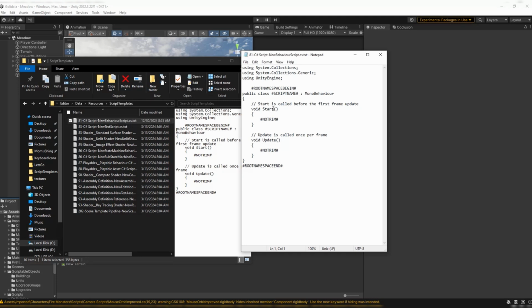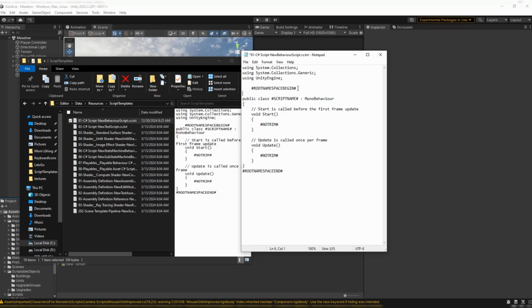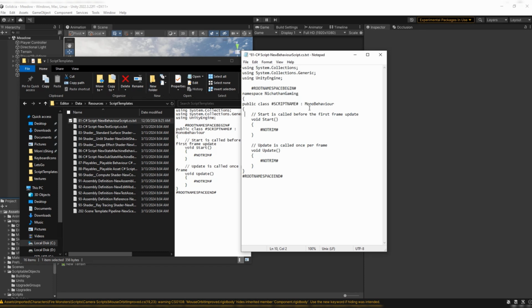But okay, then you open it up and you see it looks exactly like, well, almost exactly like the script that Unity would make. So it has the space for your script name. It has the start and update with these unnecessary comments on it. So right below the root namespace begin, I'm going to type namespace and then my company or entity, which is Nickathen Gaming. I'm going to add an open curly bracket. I'm going to add a closing curly bracket, and if you leave it like this,